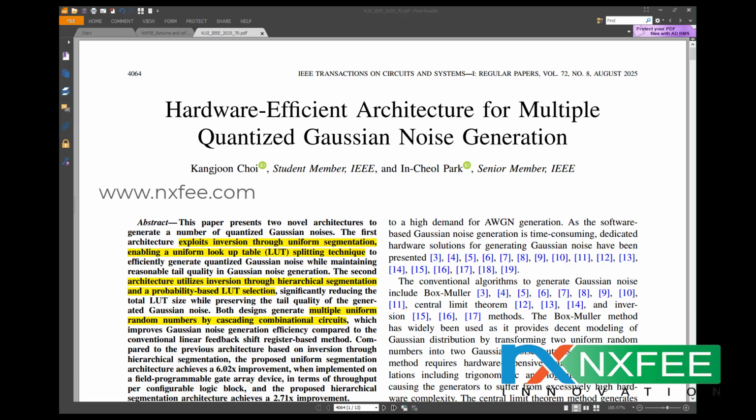Hi, here we discuss a project: design and implementation of a high-throughput multi-channel quantized Gaussian noise generator. Additive white Gaussian noise, or AWGN, plays a critical role in wireless communication testing, BER evaluation, channel emulation, and signal processing system validation. While software-based Gaussian noise generation is flexible, it is often too slow for real-time and high-throughput